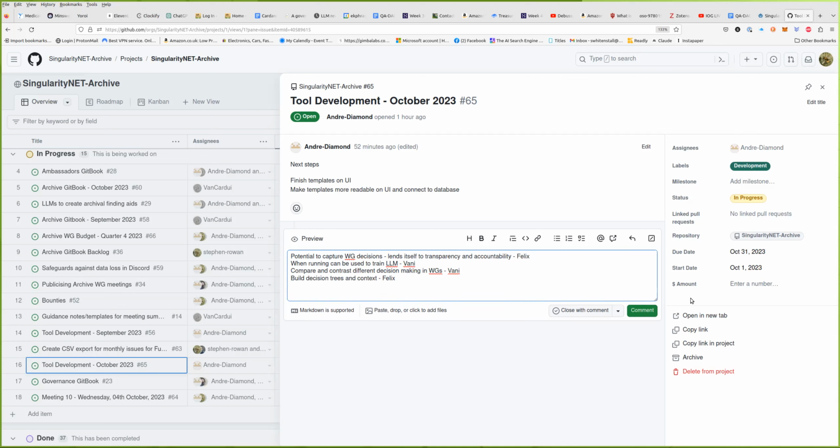Absolutely, Felix. I think you put your finger on something which is a recurring issue in any decentralized environment, where sometimes you get a lot of repetition, where people forget decisions that have been made in the past and then are reinventing the wheel, and also some overlap, like who is responsible, what work group is responsible for what. So if we could capture decision making, then we can highlight if there's any duplication of work, who is making decisions for what, that kind of thing.